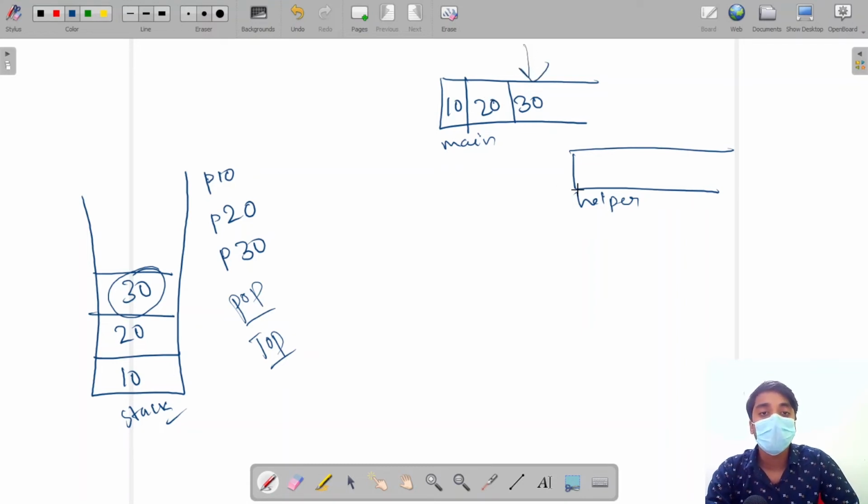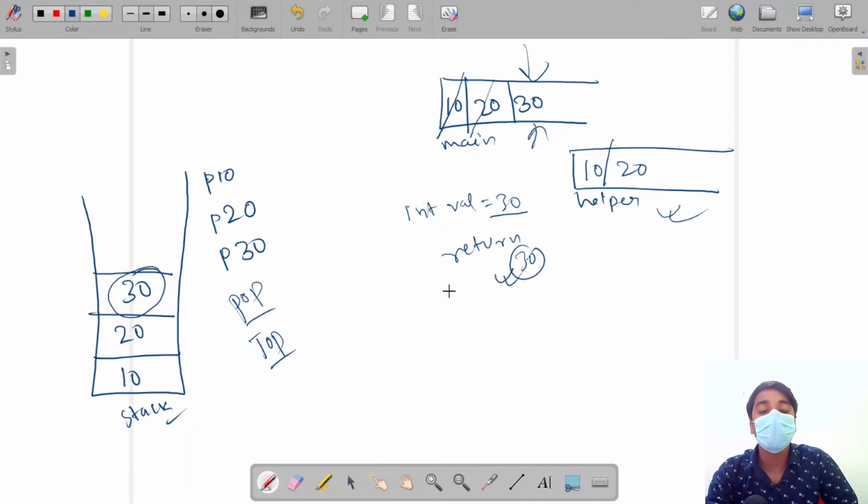Now we use our helper queue to get that data: we remove all the data before that value and add them to the helper. Now remove 20, add it in the helper. The last value is the top value in the stack. So if we save this value and return it as the top, it will give me the top value.